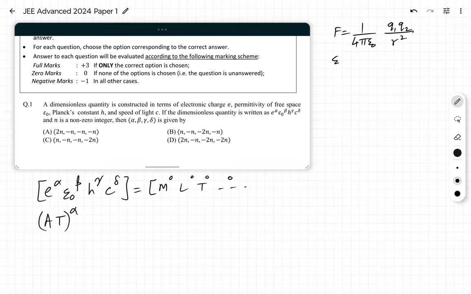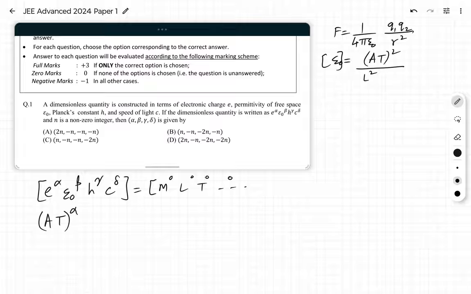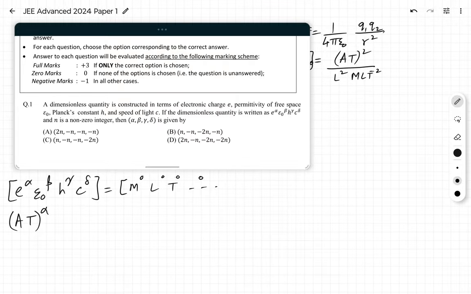So the dimensions of epsilon naught would be the dimensions of charge squared, which is (ampere times time) squared, over length squared, 4 pi are constants, and force, which is mass times acceleration. Let's simplify this. We'll get M